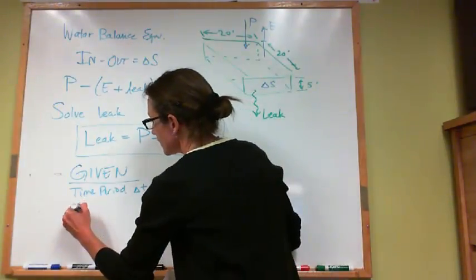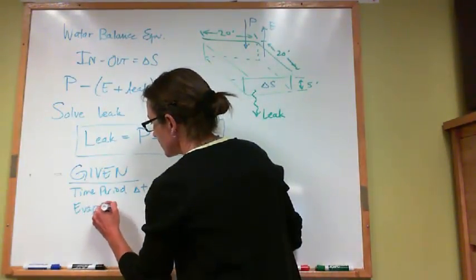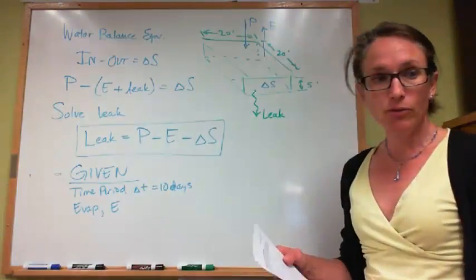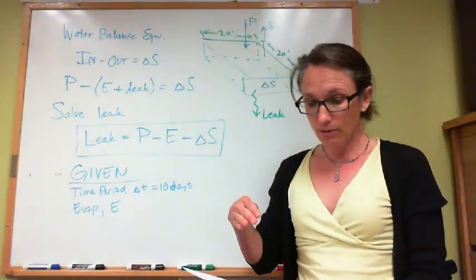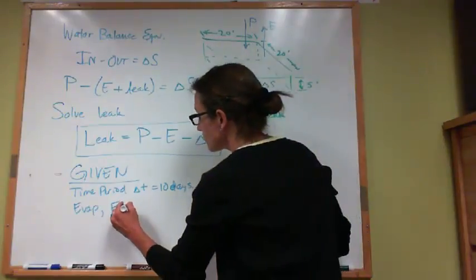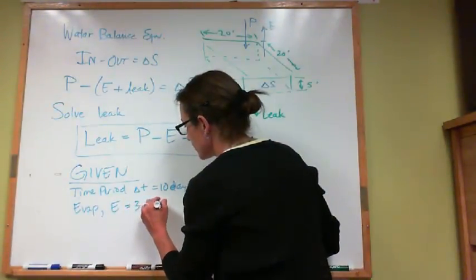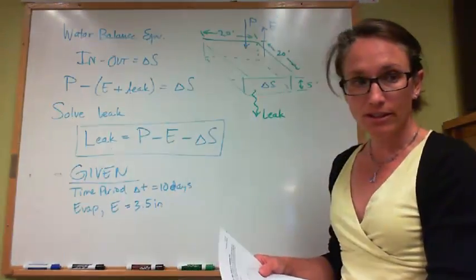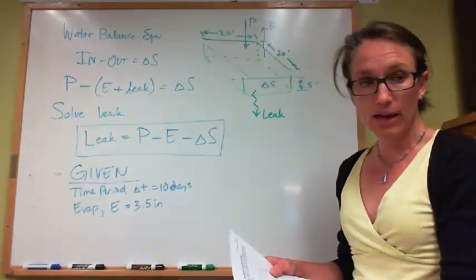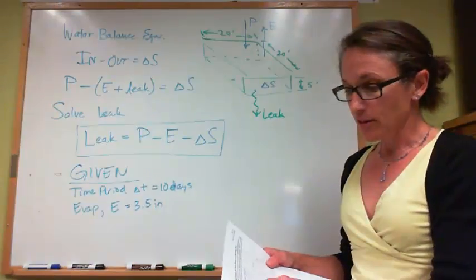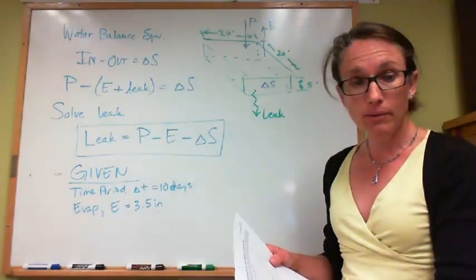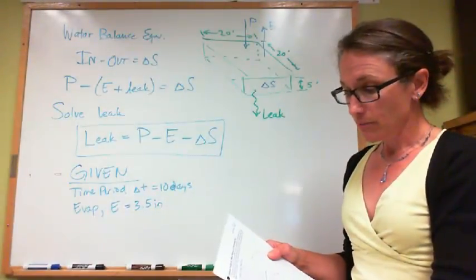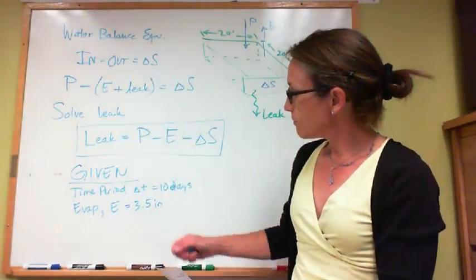And we're given that our evaporation over this 10-day period, if we sum the daily values of evaporation, we get a total of 3.5 inches. So on day 1 it was a half an inch, day 2 0, day 3 a half an inch, day 4 0, and if we sum up that column of daily evaporations, we get a total of 3.5 inches